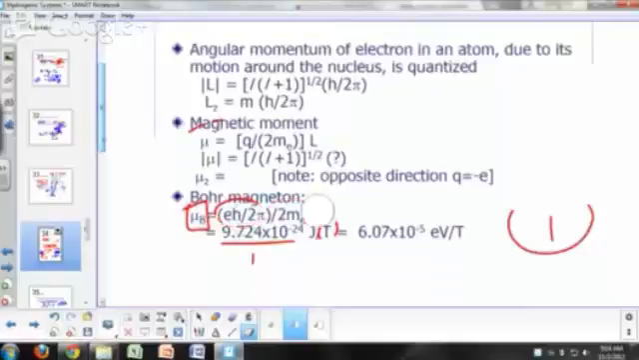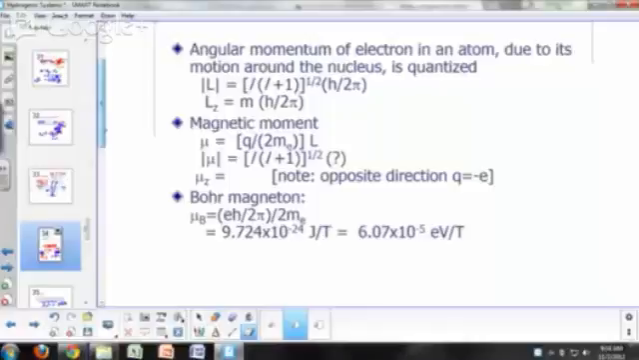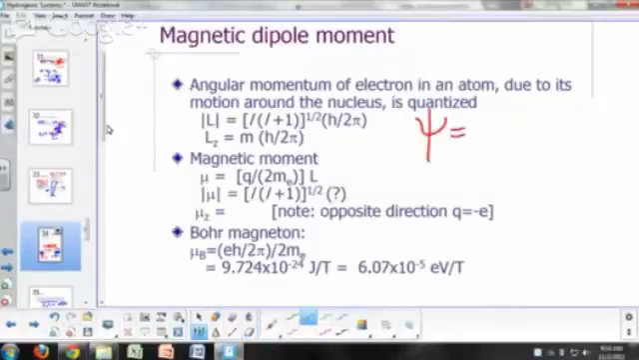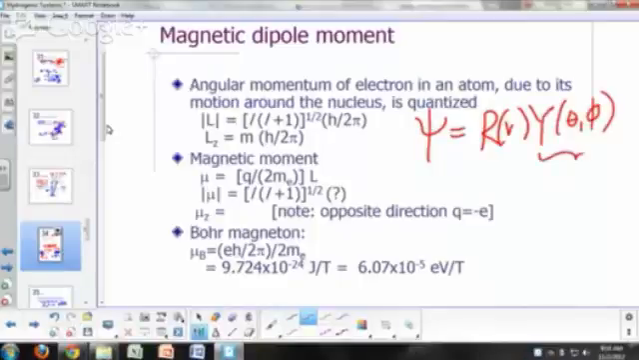One other piece of information you can get is magnetic property. Magnetic dipole moment. If you recall, we said that psi is equal to a function of r times a function of theta and phi, and the function of theta and phi, we said, is a spherical harmonic. Because of this, we could say that your electron in an orbital has a well-defined magnitude of the